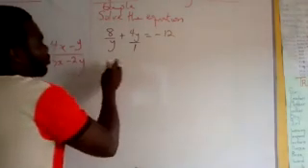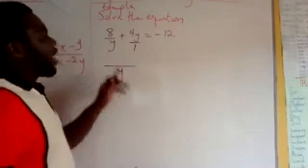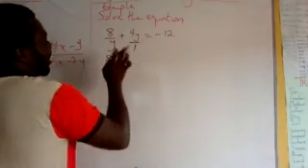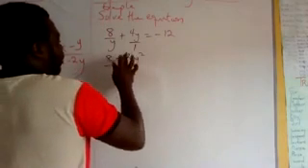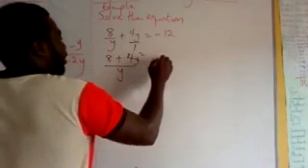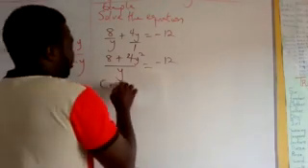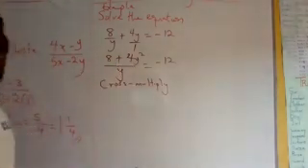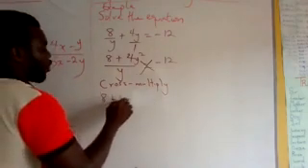So what do we do? Yes. Find the LCM of y and 1. So that will be what? y. y divided by y is what? 1. 1 times 8 is what? 8. Plus y in 1, y. y times 4y, that is what? 4y squared is equal to what? Minus 12. So from here, we now have a common denominator. We can now decide to what? Cross multiply. Because of the common denominator we have now, we cross multiply. So from here, I can say this will be 8 plus 4y squared